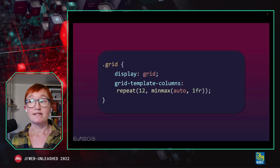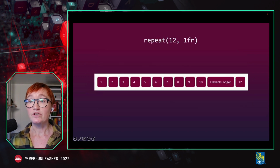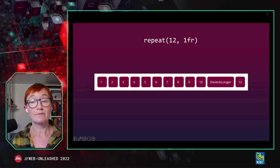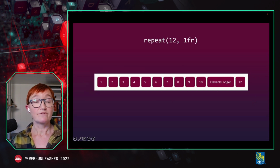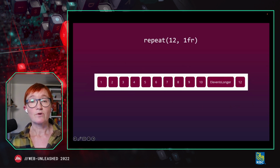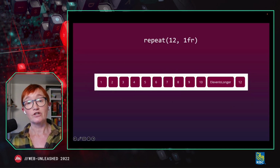Now, in most cases, it doesn't make any difference. You have 12 1FR tracks, you're not going to see anything different. But in this case, I've got my 12-column grid. I've not done any placement, so grid is just doing auto placement. I've got a longer item, and it needs more space to prevent overflows. So it gets that extra space, and the other items become smaller to compensate. So just as with Flexbox, when the flex basis is auto, grid is laying out the content first,